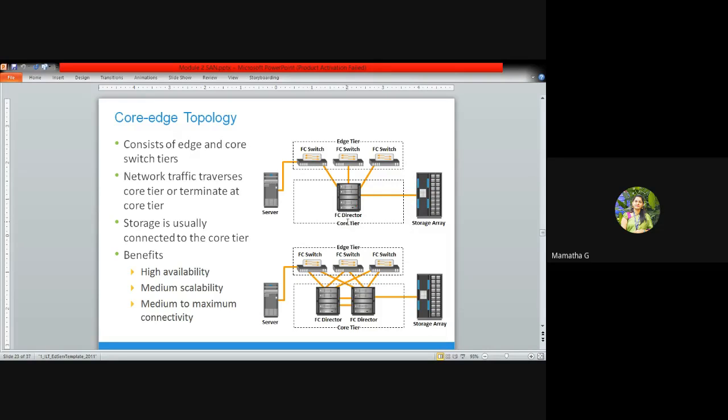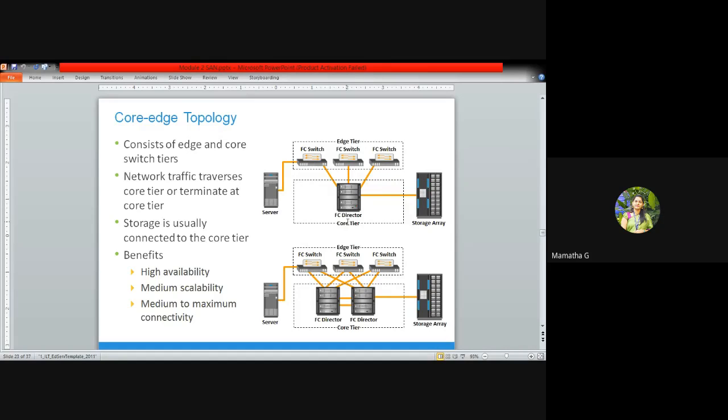And the FC director, as I told, almost performs the task that the switch does, but the only difference is it gives high performance, and the number of ports present in the director is more than in the switches. This is the advantage it gives over your switches. Hence when it demands, we go for the connector called FC director.